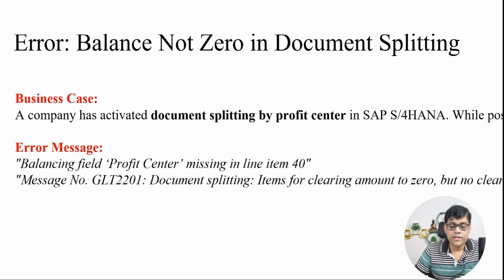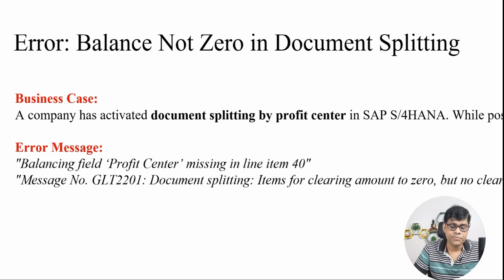Coming to the third error, you will find this error. It is a very important one, and here multiple issues are combined together. So let's check the error here. Balance is not zero in the document splitting. Now, we know that three types of splitting are available: active splitting, passive splitting, and zero balance splitting. And always you will find the zero balance is linked with either active splitting or